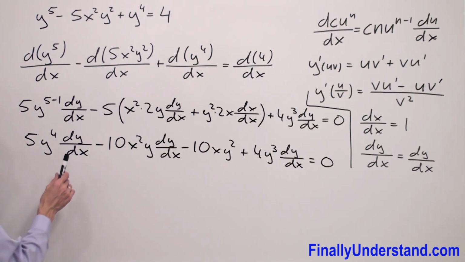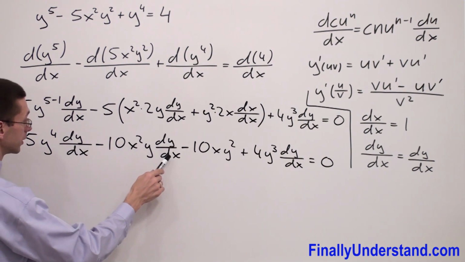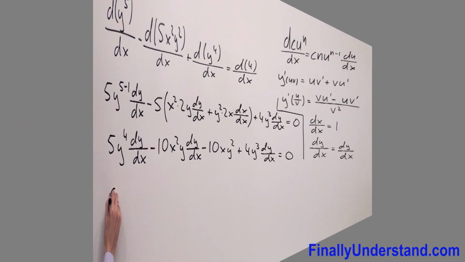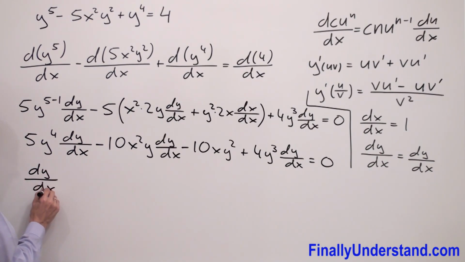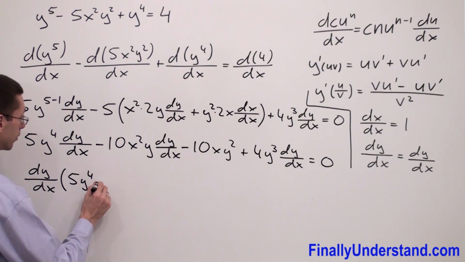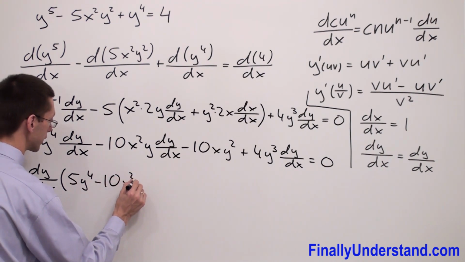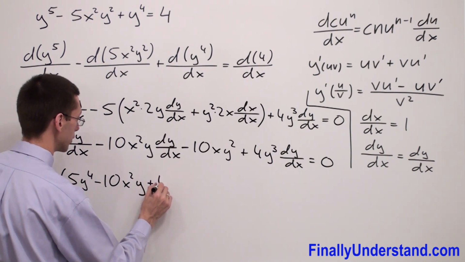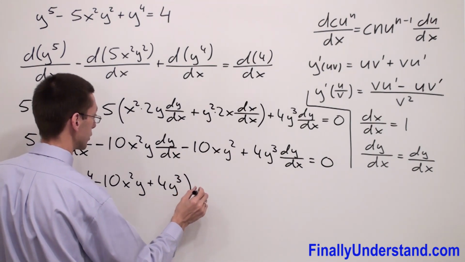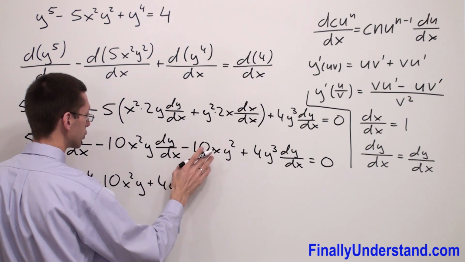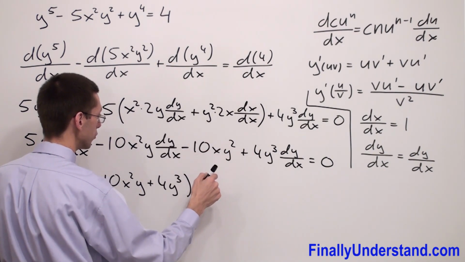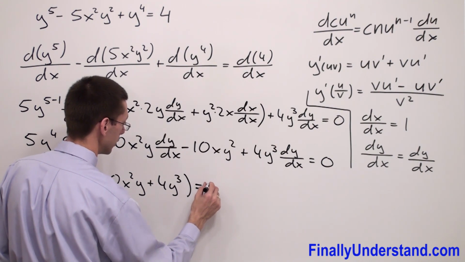Next, please notice that we have dy over dx over here, dy over dx over here, and dy over dx over here. So we have 3 times dy over dx. We have to factorize it. Dy over dx times 5y to the fourth power minus 10x to the second y plus 4y to the third, close parenthesis, negative 10x y squared. I'm going to move to the right side because this term is not multiplied to dy over dx. That's why I'm going to write equal 10x